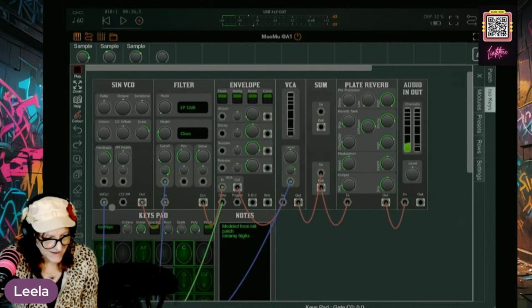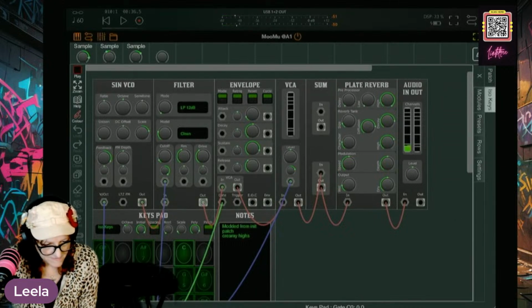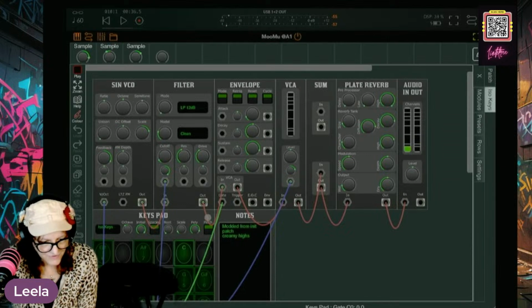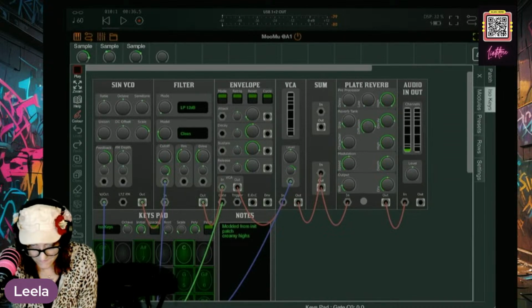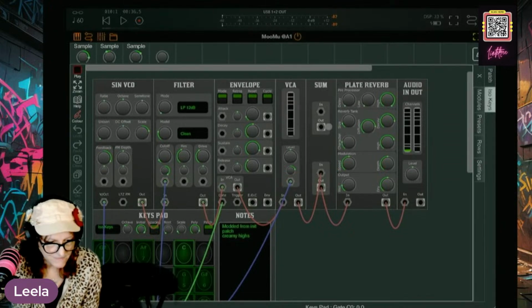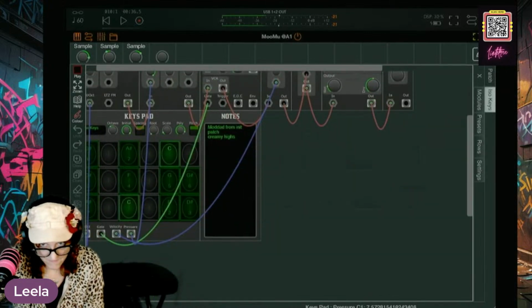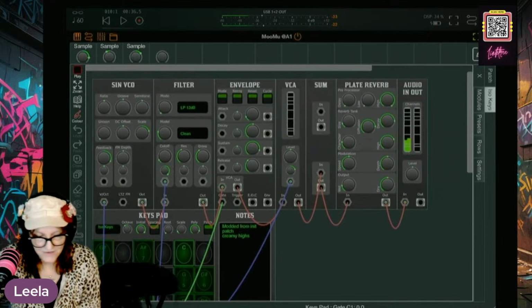So here we've got in to the sign VCO, then we have out to the filter, in, filter out to envelope in, envelope out to VCA in, VCA out to sum in, and then into this plate reverb, into this audio. That works.